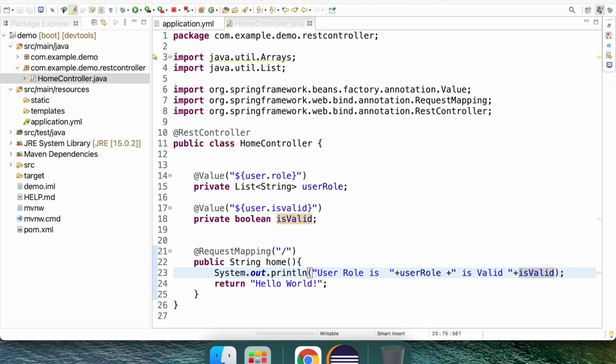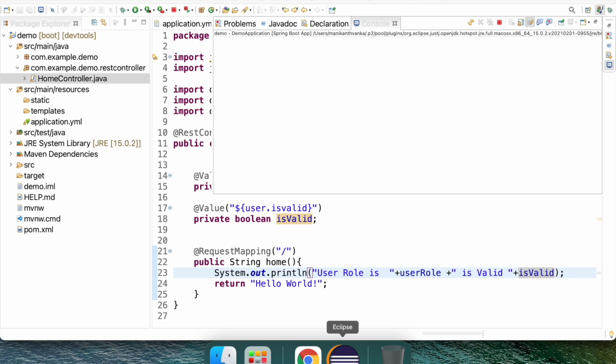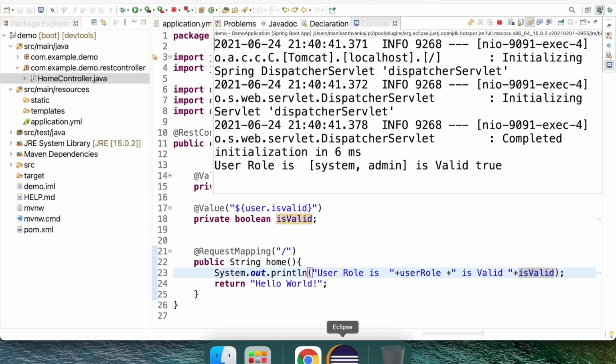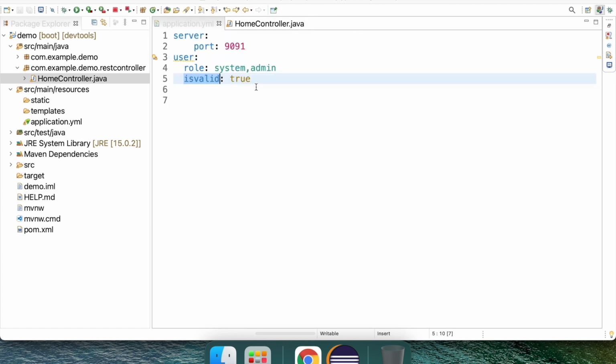Now we should be able to see the true. Back in the browser, refresh it. Yes, see. So likewise we can have a different set of data types. We can have strings, arrays, lists, and also integers. It depends on what kind of properties we have in the YAML.